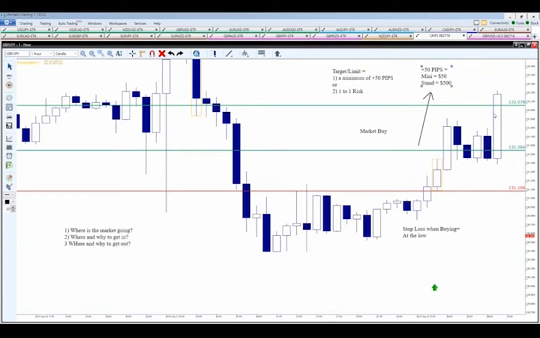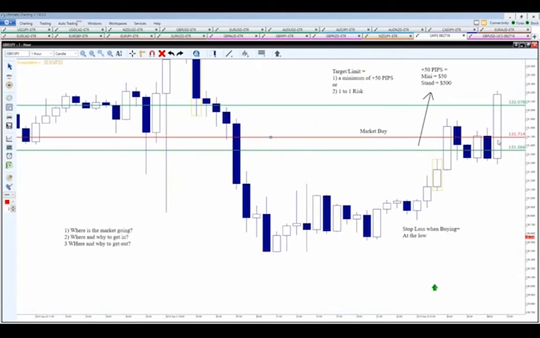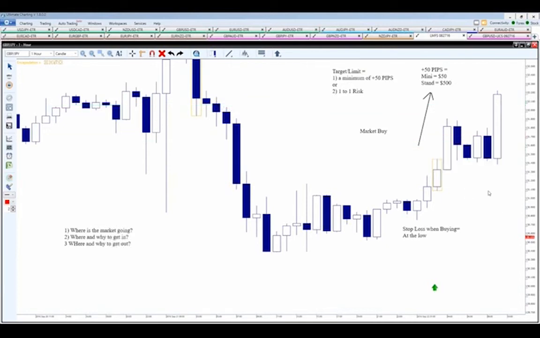Now, I believe Josh in his video is going to show you how to actually go after more than 50 pips. I'm showing you how to go after first base. He'll probably show you how you can move your stop loss either to break even or maybe a little bit below this and capture pips as you're going along. But I just want to show you the basics here. He'll go into much more detail and teach you some of the more advanced strategies.